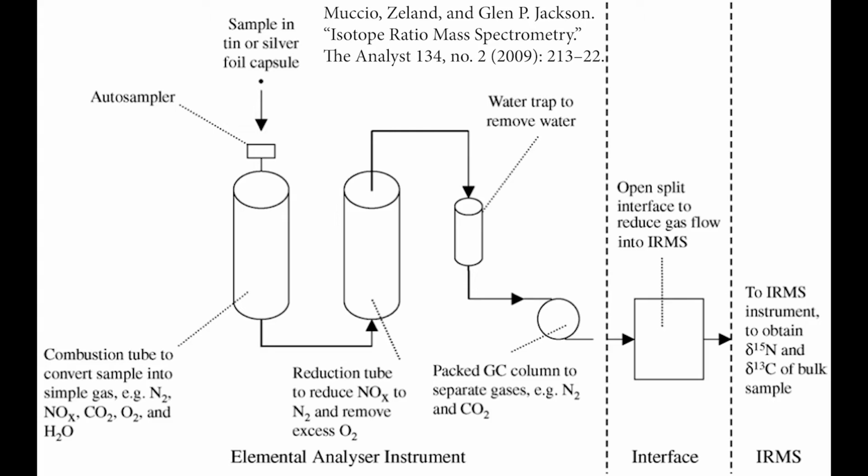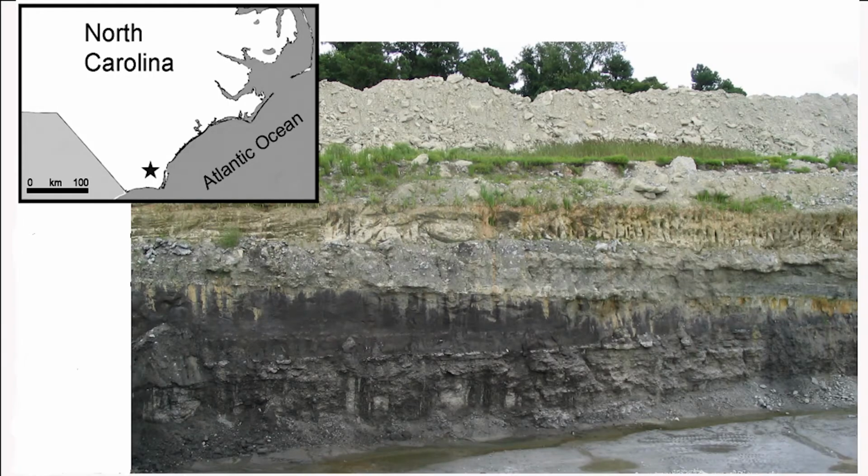So you put whatever sample in this chamber, you burn it up, and then it comes out of this chamber as CO2, and then you are going to put it through a mass spectrometer and determine the relative ratios of carbon-12 and carbon-13. So for each element you look at, you have to choose a standard. You have to choose some material and say, okay, this is the relative isotope for that element that we're going to look at. We're going to compare everything to that. For carbon,